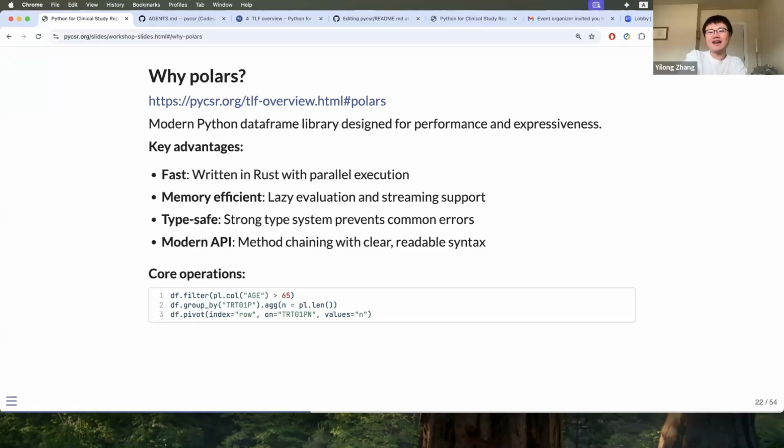Online, there are also cheat sheets to see how the comparison looks. We also have a dedicated chapter about Polars to go a bit deeper into commonly used data manipulation in clinical trials. But generally, you can think of Polars as a fast version of the tidyverse in R that uses Rust and enables parallel execution.